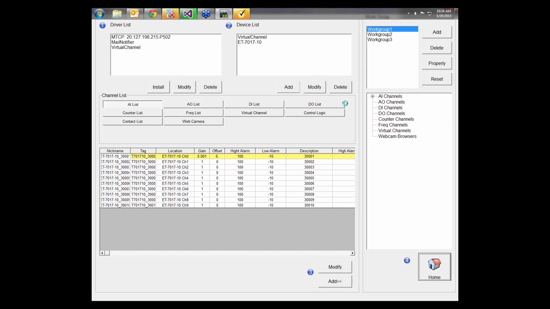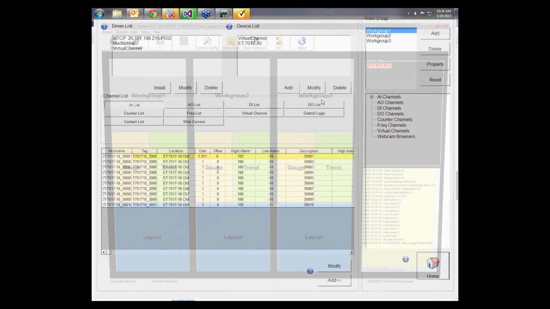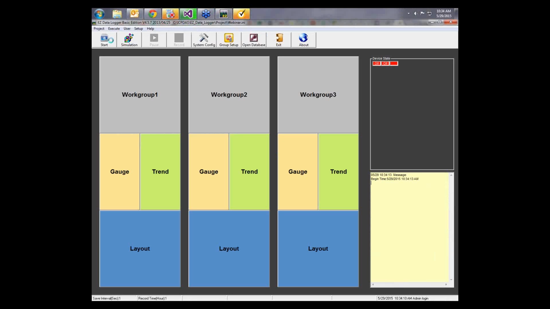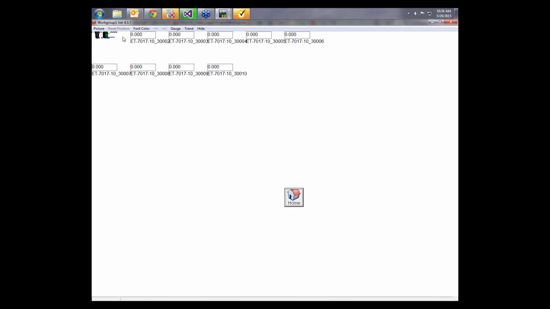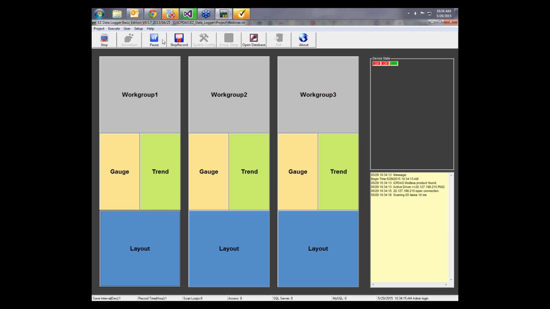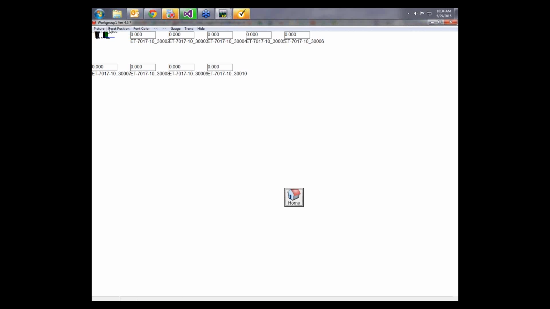home, and going back to project, I'm starting my project running again. Then I saw that I have communication, and click on the layout. Oops, we missed this part. I also need to do